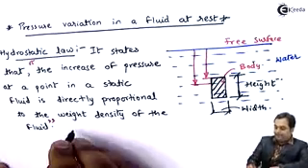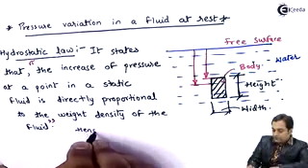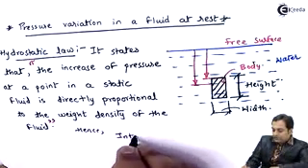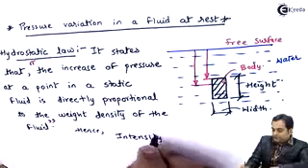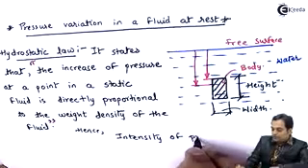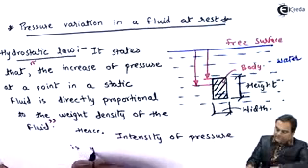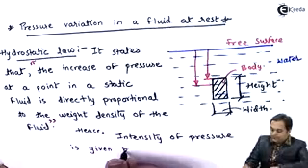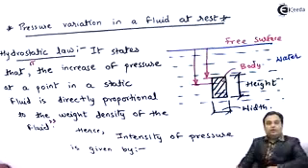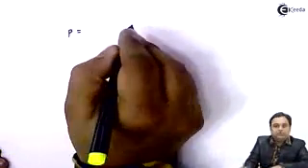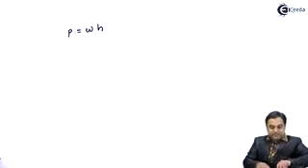It would be given by, hence, intensity of pressure is given by, here I'll write down the formula onto the next page, that intensity P is equal to weight density multiplied by height. This relation is very important,